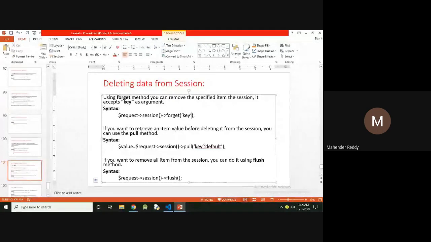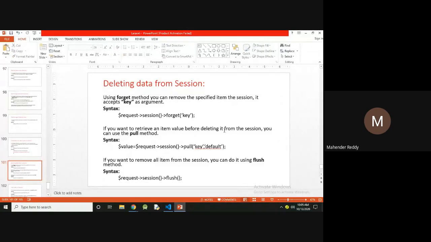If you want to retrieve the item value before deleting it, whatever data is available in that session, then you use the pull method. Forget is used to delete, and after deletion it does not return anything.